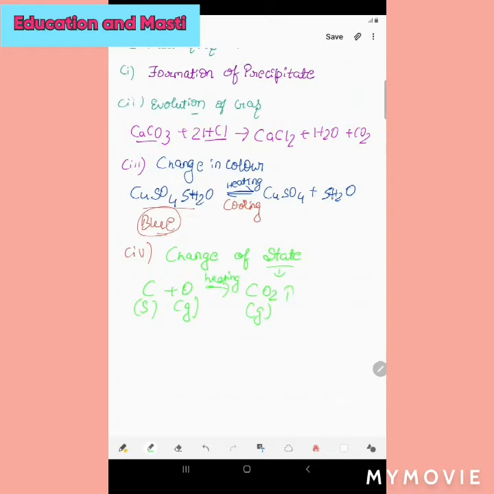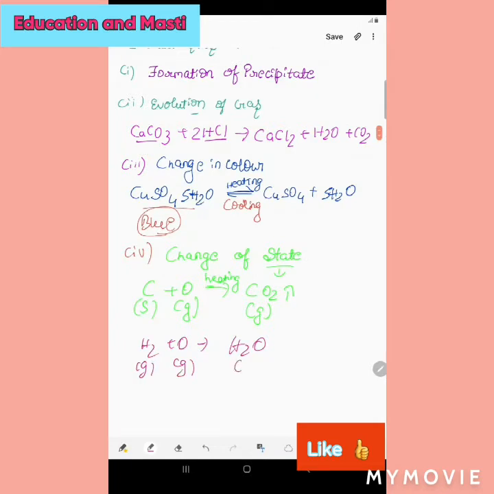So that is only what change of state is, when the product comes out different from your reactants, then we can say it. Let me give you one more example of water. H2 plus O gives H2O, which is water. This is gas, this is gas, this is liquid now. So that's why we are doing this. Now let's move on. Before that, let me also explain what I have drawn just now.